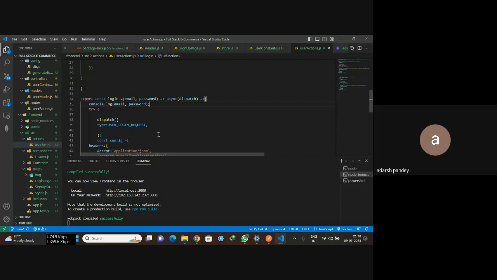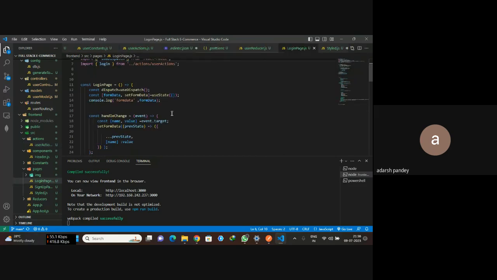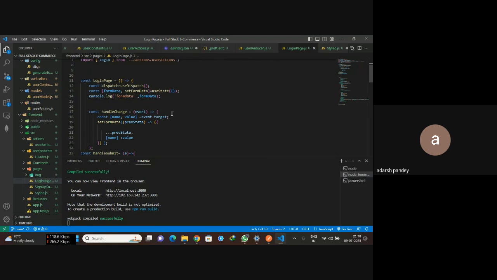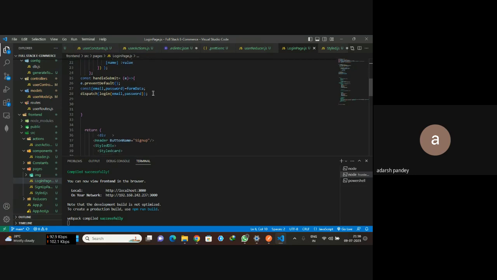और यहाँ पे आओ, पेज में आओ, लॉगिन वाले पेज में आओ, पेजेस के अंदर लॉगिन पेज डॉट जेएस वाली फाइल में आओ। हाँ, अब यहाँ देखो फॉर्म डेटा तुमने सेट करा हुआ है। नीचे आओ, डिस्पैच कर रहे हो ईमेल पासवर्ड फॉर्म डेटा में से, यहाँ कंसोल लगाओ, लाइन नंबर 26 के नीचे, और फॉर्म डेटा कंसोल करो।